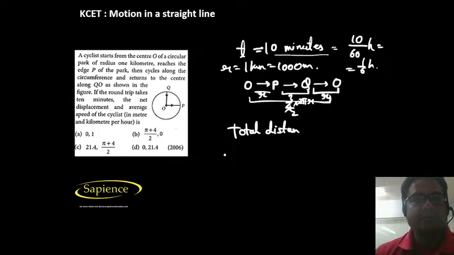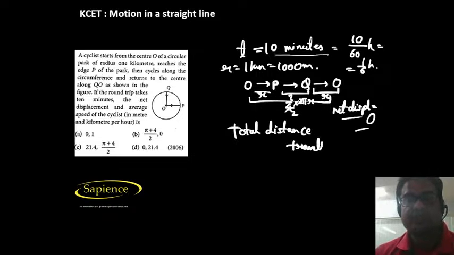we also have to find the net displacement. So it starts from O and it returns to O. Therefore the net displacement is obviously 0, since the starting position is the same as the final position. So the net displacement is 0. And then the total